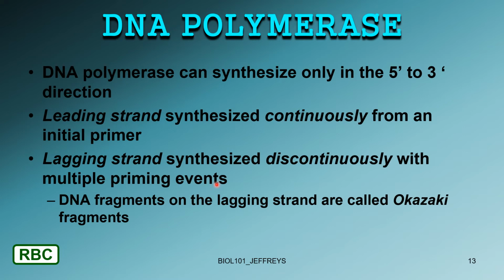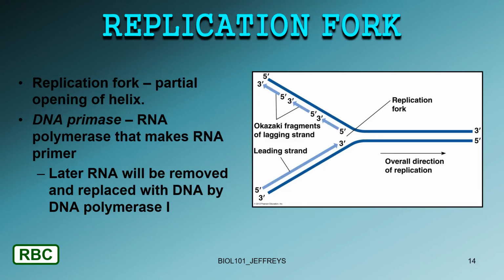needs an RNA primer. So primase has to go in, lay down the primer, polymerase comes in, lays down the bases. Then RNA lays down a primer for the next fragment, and DNA comes in and lays down the bases. Then RNA comes in, lays down the primer, DNA comes in, lays down the bases. See how it lags, see how it's sort of segmental. Okay,